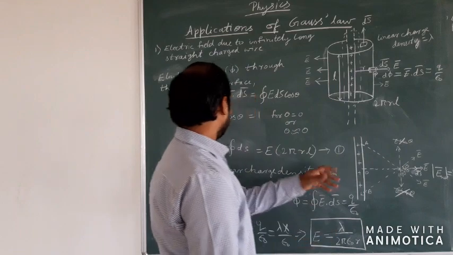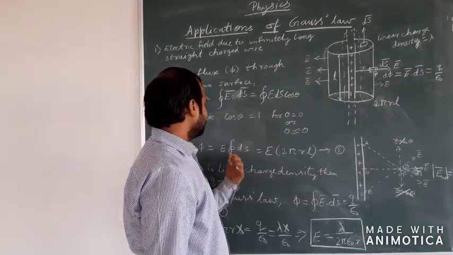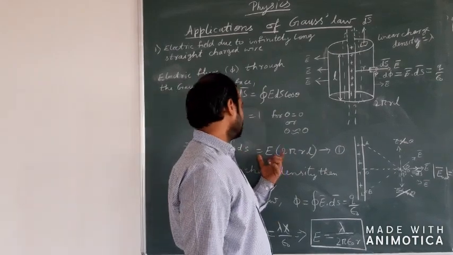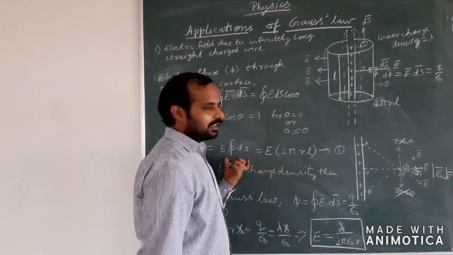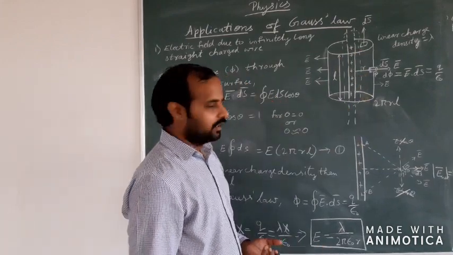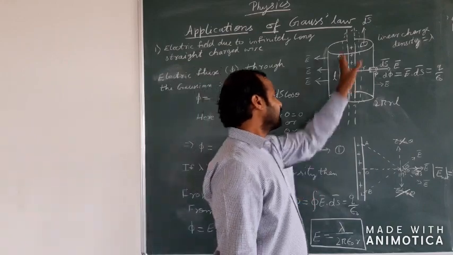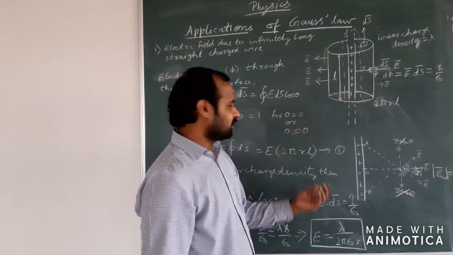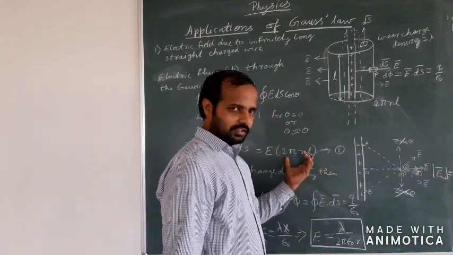So now applying the same thing in the Gauss theorem, we can see that phi is equal to E into closed integral of ds. So this will be E into 2 pi RL. Now, why 2 pi RL? The reason is because we are finding out the surface area of this cylinder. So the surface area of a cylinder, as we already know, is 2 pi R into h. Here h is nothing but the length of the conductor. Let's just assume that infinity is equal to L right now. So in this way I have just taken it as 2 pi RL.